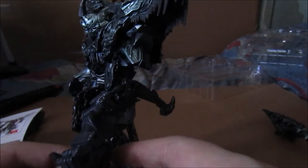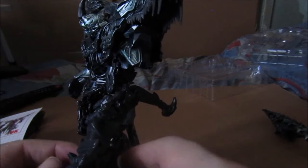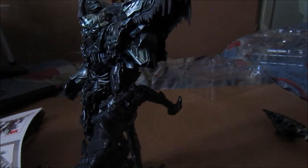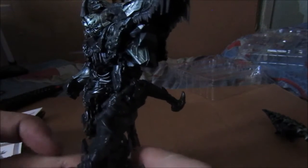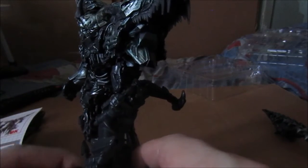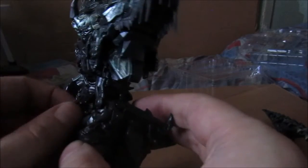I think the tongue is supposed to go in that groove, unless I put it in the wrong way round. Yeah, that is the right way to put the tongue. And then just fit. So for robot mode for the tongue,